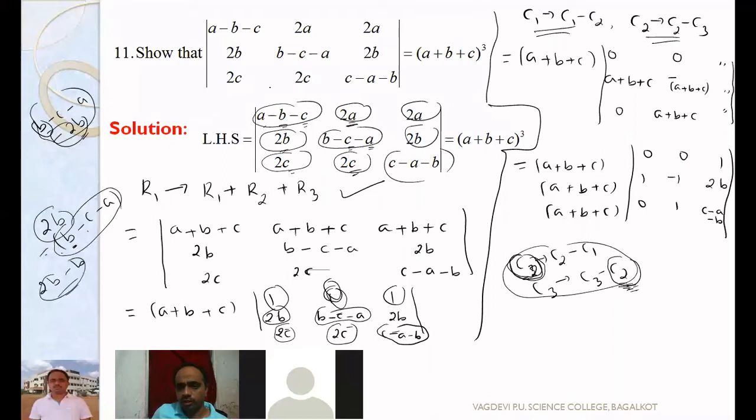Just wait. I'm sorry. Yes. Now you can expand it. Already you are having 2 zeros. So take the first row and expand it, please. Take the first row and expand. Expand means plus minus plus. You write plus minus plus. Write the sign scheme and find the value of the determinant. Yes, please, everyone, do it.